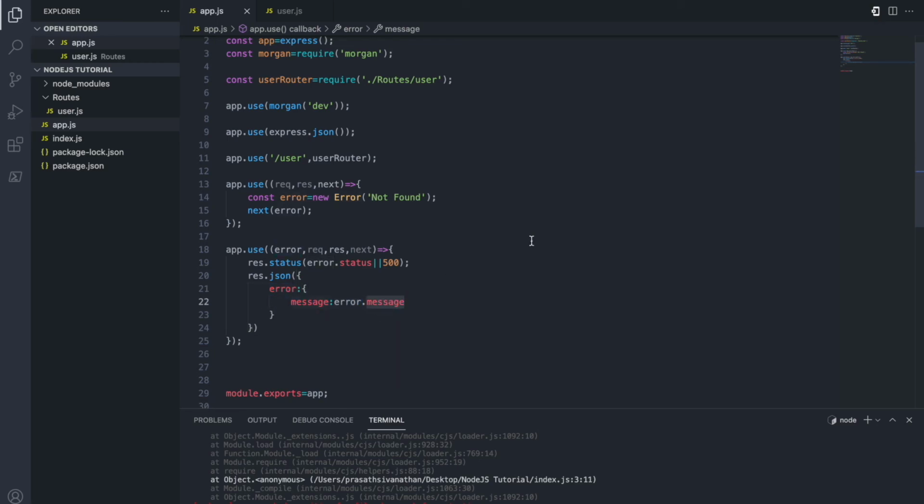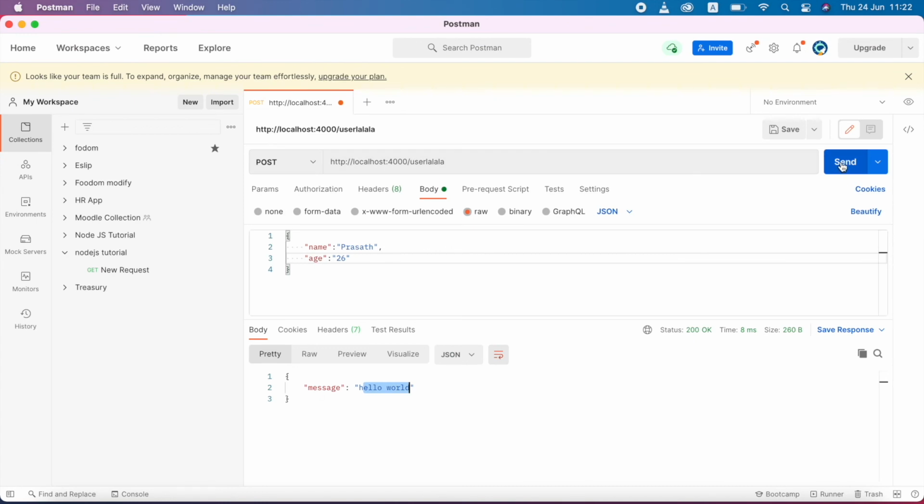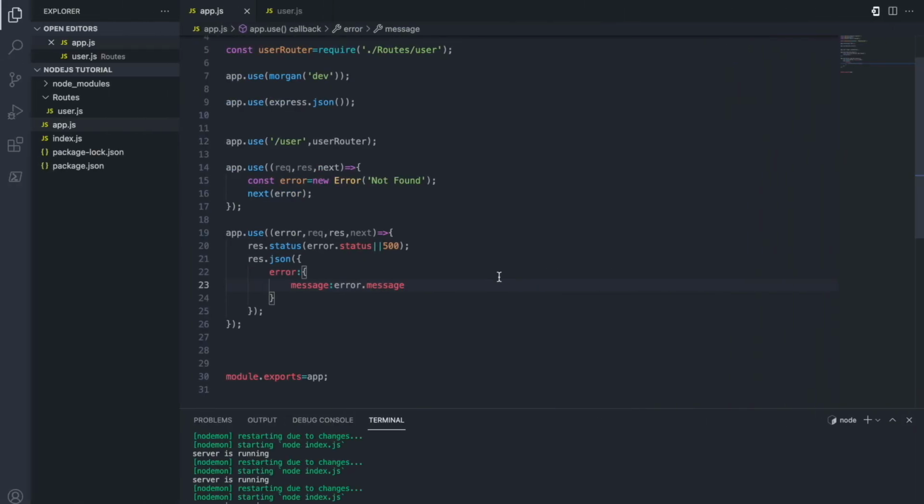So now I'm going to Postman. I am going to send a request. You can see here, this returns not found. Our error handling is working. As of now, everything is working fine. If you start to implement this API in the front end, you may get CORS errors. In order to fix the CORS errors, we have to add some headers in the response.